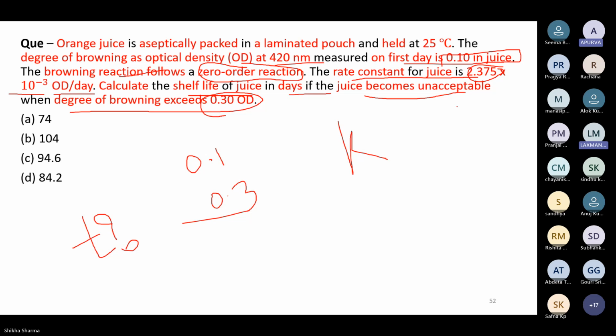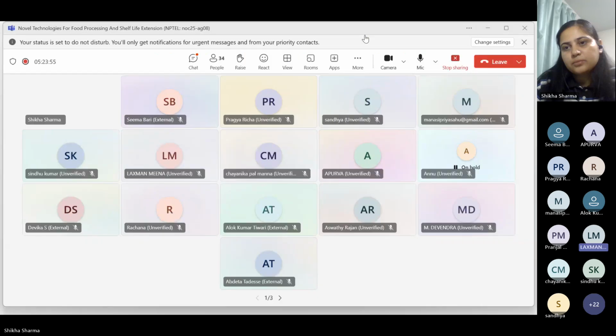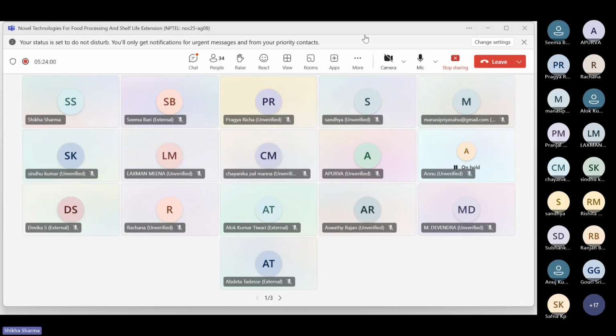Yes, ma'am. OD final minus OD initial is equal to the change in OD, final minus initial. Then